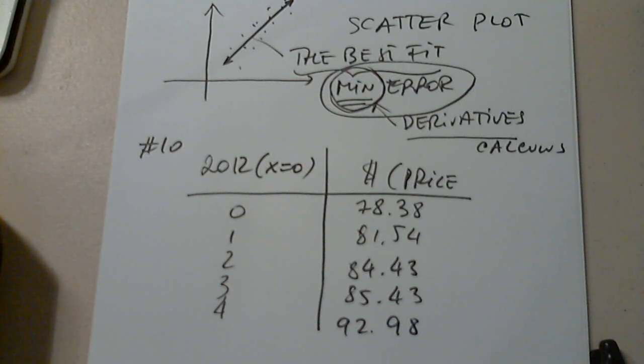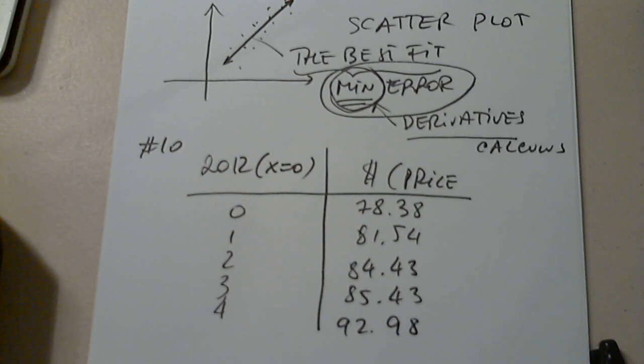So the first thing we do, we go to stats, and we want to edit. And I want to edit 2 lists. And do not change anything in the order. So clear. Highlight the top of the name of the list, clear, enter. Everything is gone. In list L1, I only have 0, 1, 2, 3, and 4. These are the number of years since 2012. And in the Y column, I have